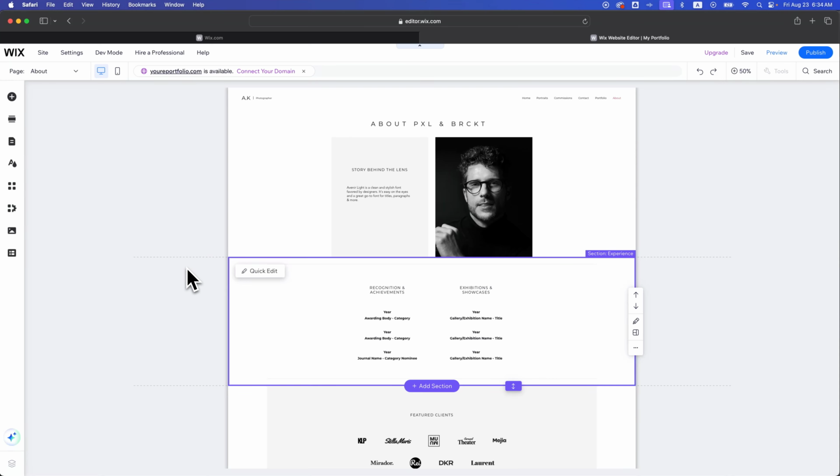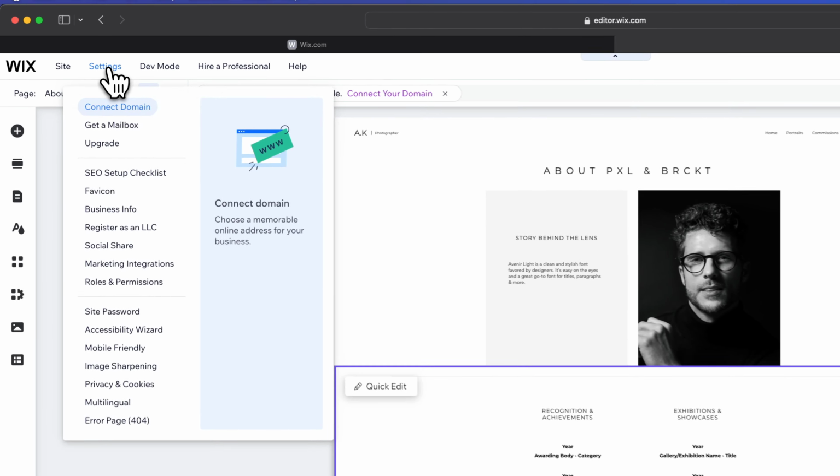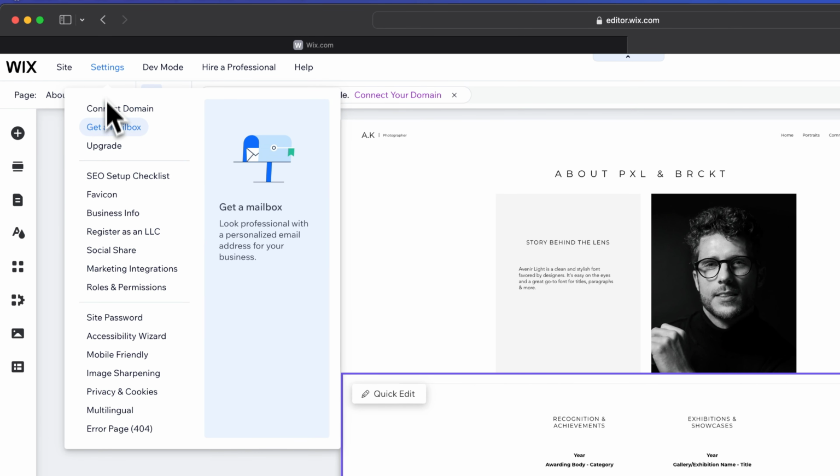In this Wix website tutorial, let's take a look at how to invite collaborators to your site. So you need to get to the Roles and Permissions section of your dashboard. Up here in Settings, if you're in the editor, you can actually get to Roles and Permissions in this dropdown,